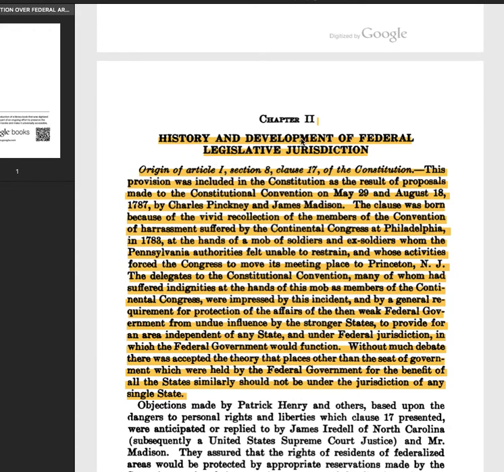Okay, so history and development of federal legislative jurisdiction. Origin of Article 1, Section 8, Clause 17 of the Constitution. What I want you to be thinking of when I read this is that the federal government wanted a place to do federal things, which were forts, magazines, arsenals, military things, without people coming in and harassing them and stopping them. So they wanted these places to be cut out and given to the federal government,